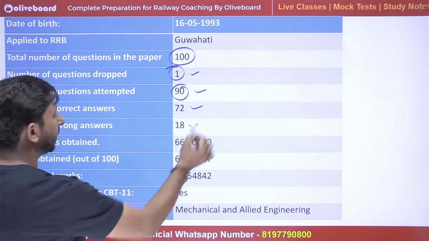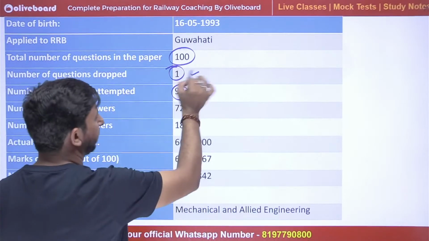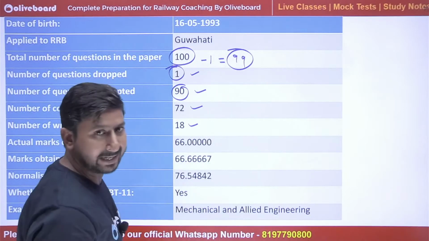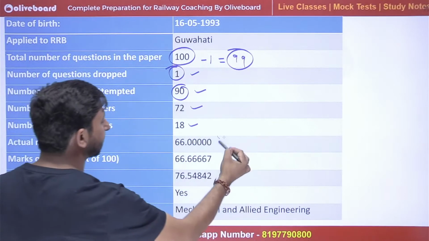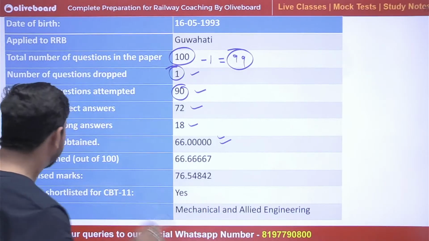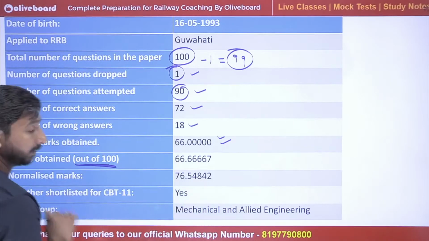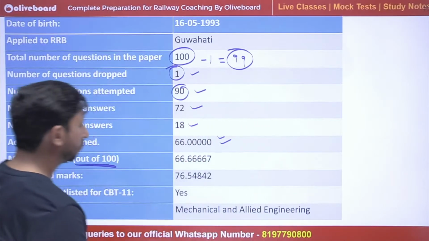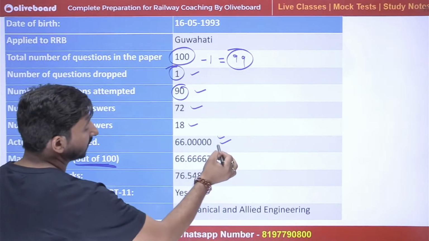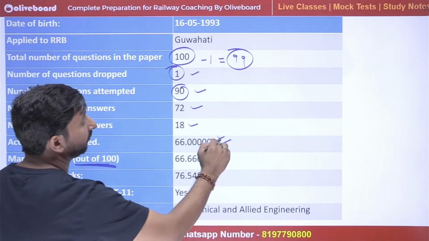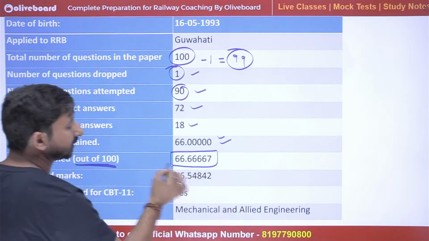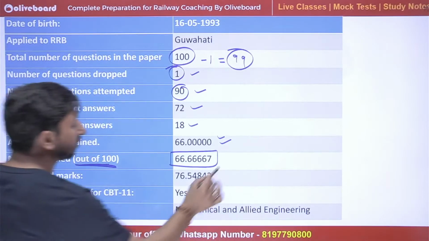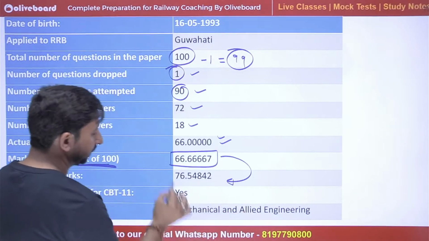Wrong answer was 18, and out of that 99, because one question is dropped, so total becomes 99, and out of that 99 he got 66. Now marks obtained out of 100, because this normalized marks is calculated out of 100. So this 66 was out of 99, so 66.6667 out of 100. Now when this marks gets normalized, it increases to